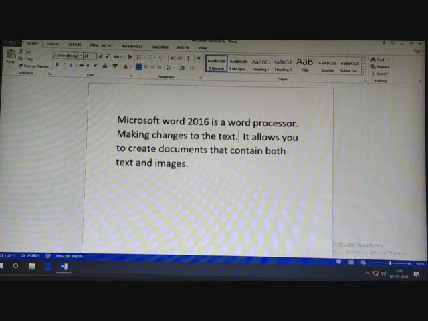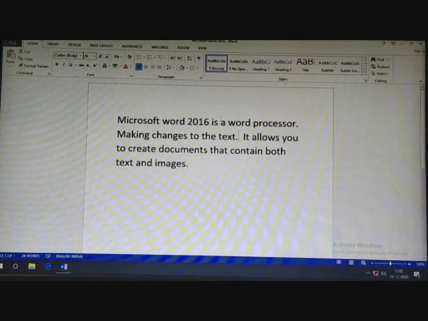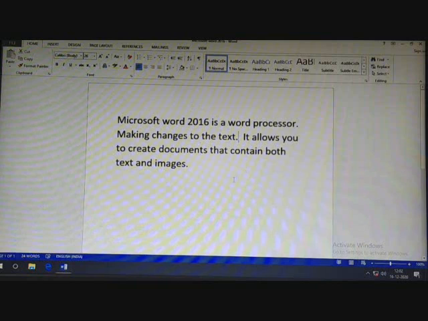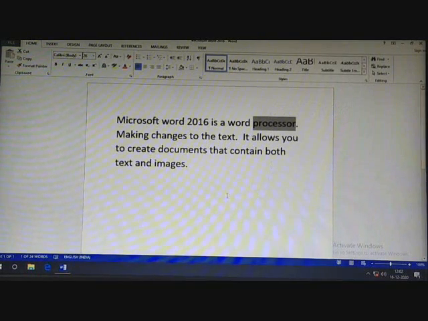Okay, then the next is selecting text. So we can select the text using mouse or using keyboard. So selecting text using mouse, I will tell you now. First of all, if you want to select one word, suppose I want to select Microsoft, I will put my mouse pointer here and I will double click it. Can you see? I have double clicked and one word is selected. Double click. One word is selected.